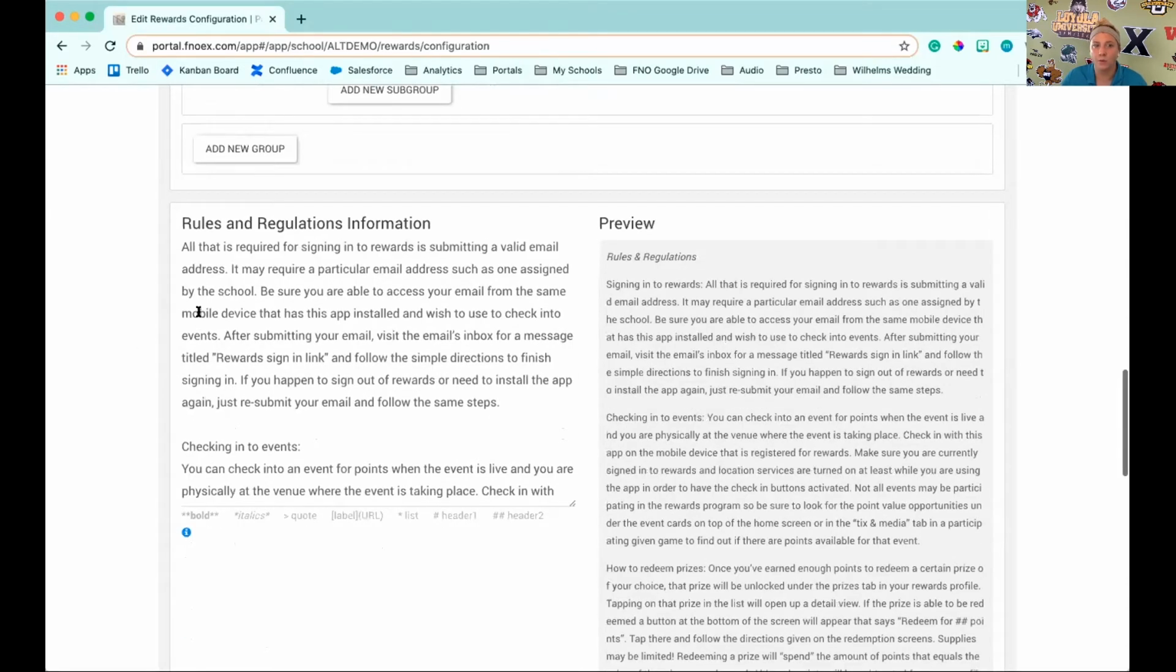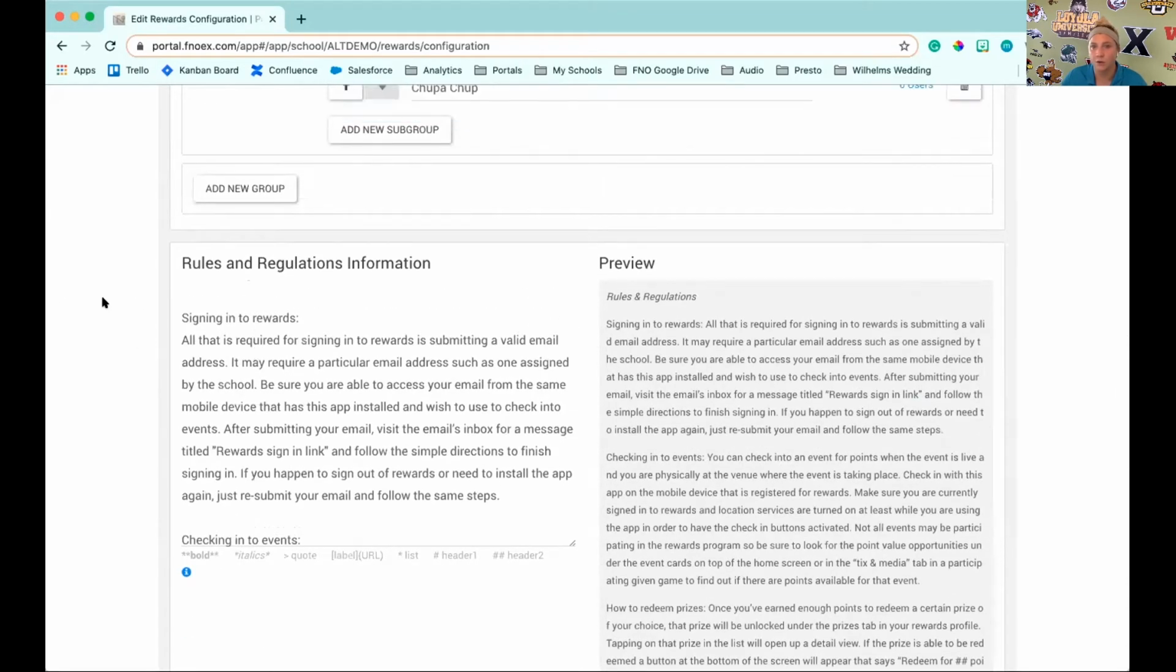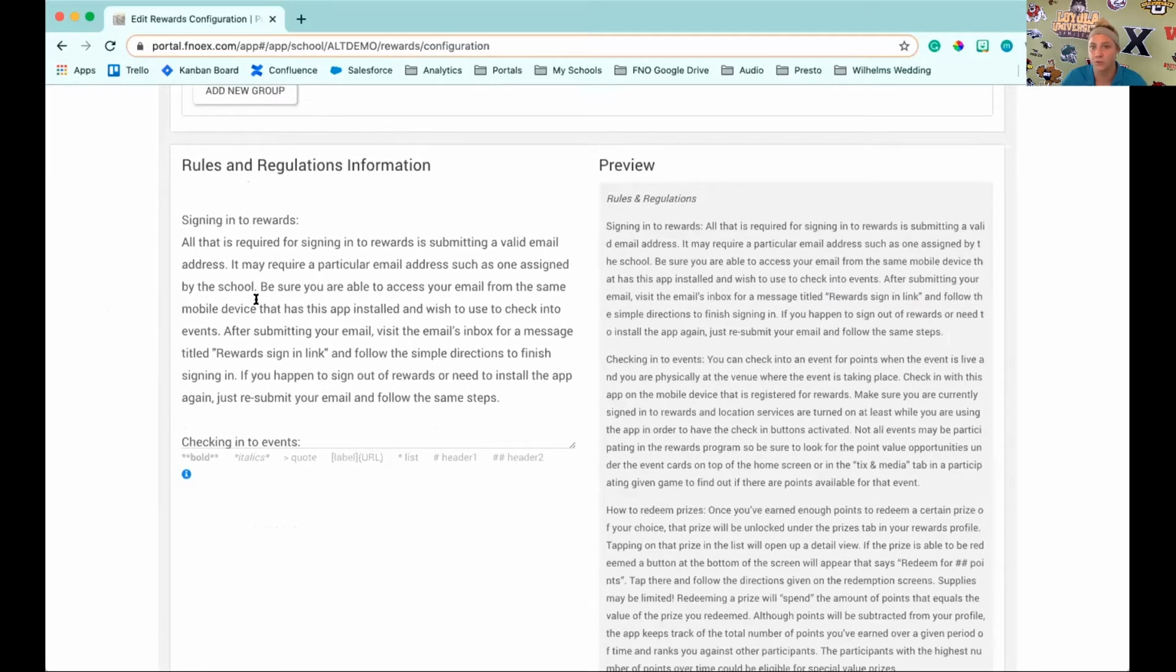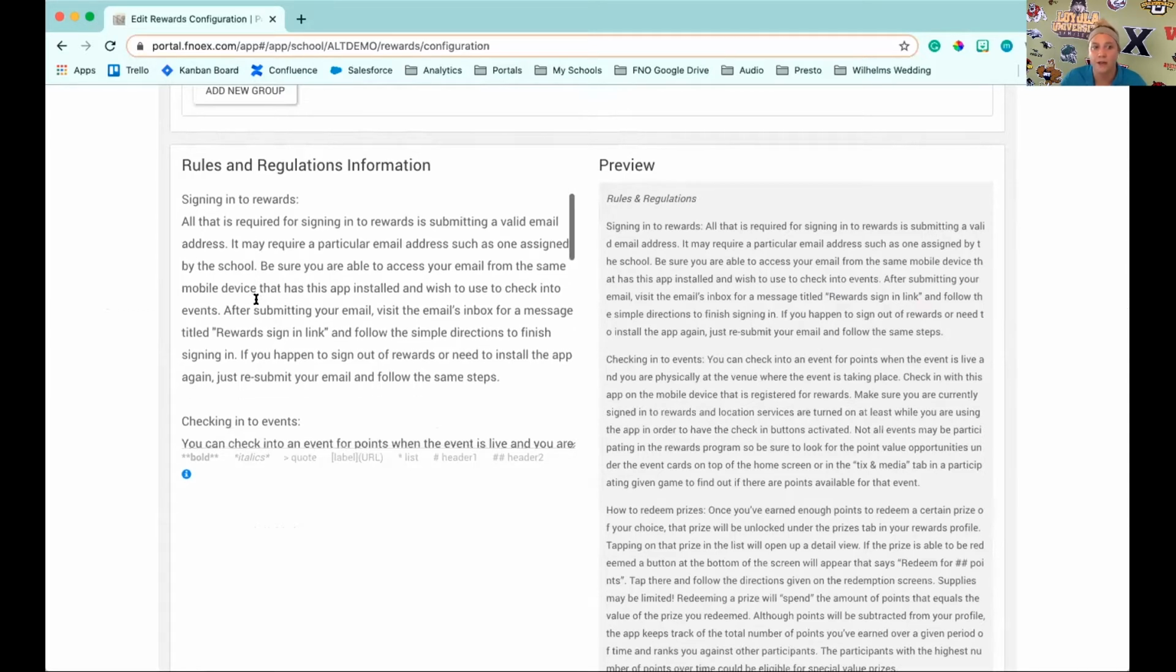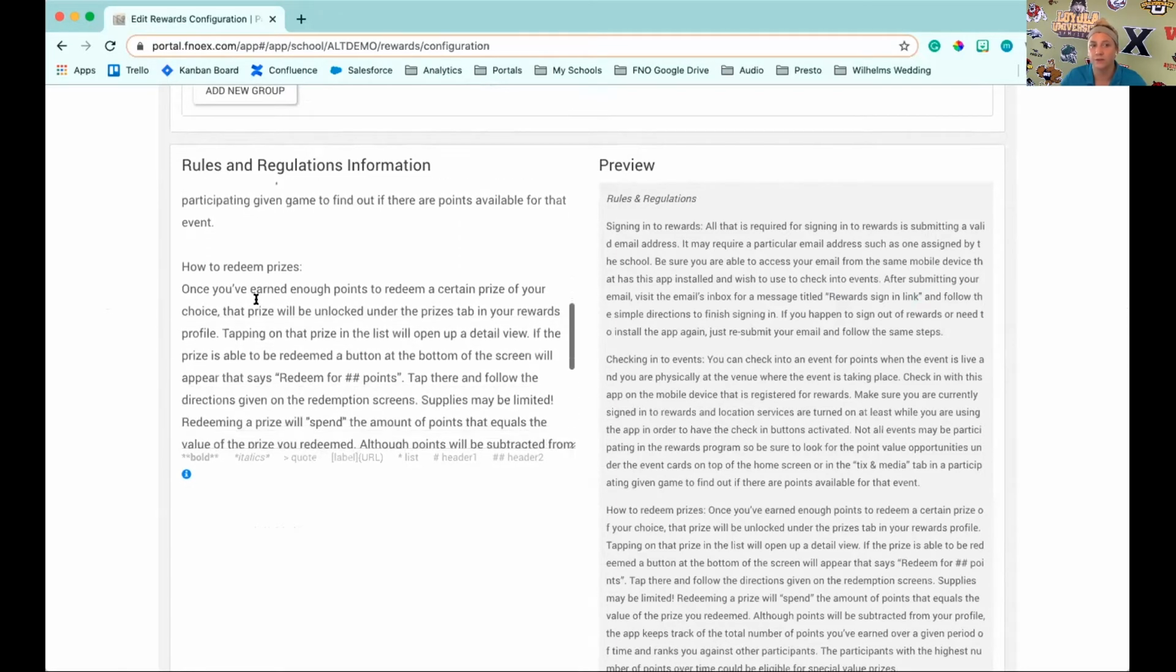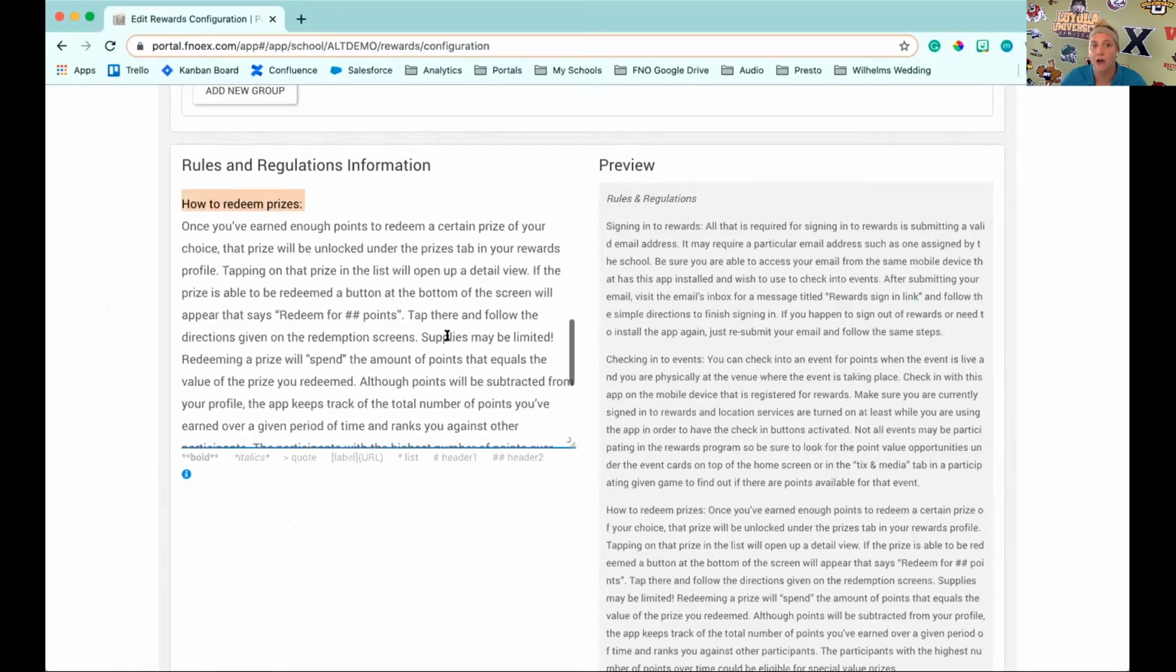Scrolling down, an important piece to make sure that you update on your rewards configuration page is going to be those rules and regulations. So as you can see here, we do have a defaulted message here, just demonstrating to users how to check into events. The most important piece here for you to make sure that you update is going to be that how to redeem prizes. So you want to make sure that this is updated to reflect what your rewards redemption process is. As I mentioned earlier, if that's going to a specific place on-site, student union, or within the athletic department to get those prizes,